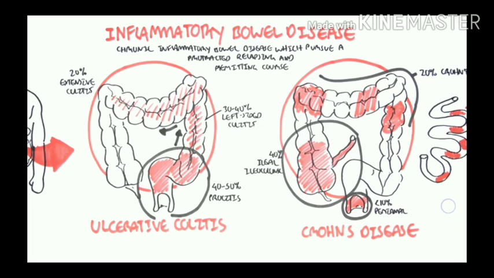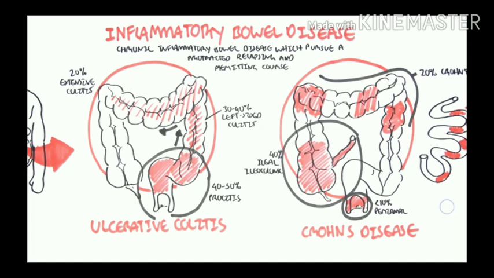Okay, what are the four most common areas affected? Once again we'll repeat that. First one is the cecum and ileum, the major part, about 40%. Second one is the small intestine, where we can see segments like skip lesions, about 30%. The third one is the large intestine, about 20%. We call that Crohn's colitis. And the fourth one is the perianal region, which is less than 10%. These are the most common affected areas.